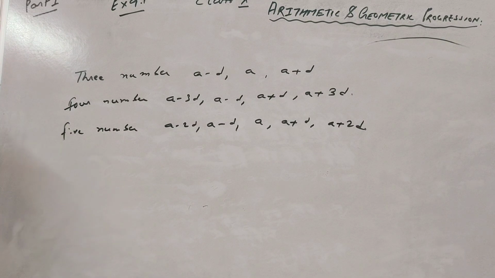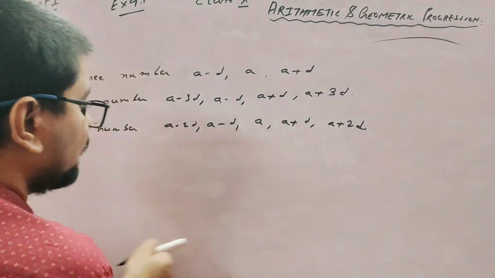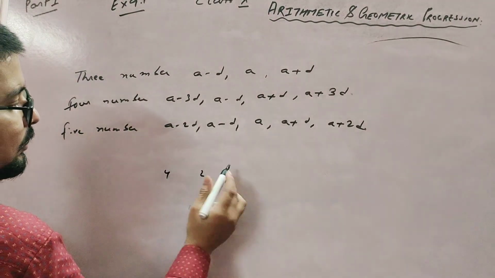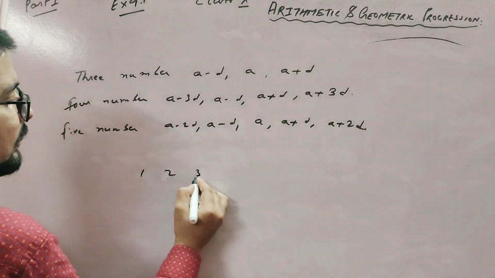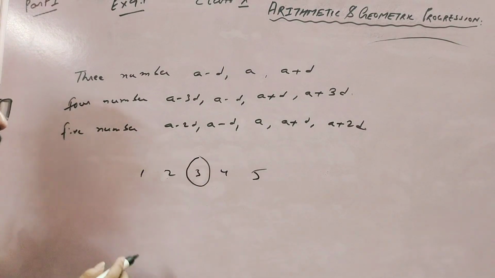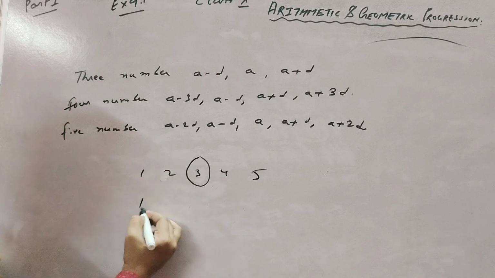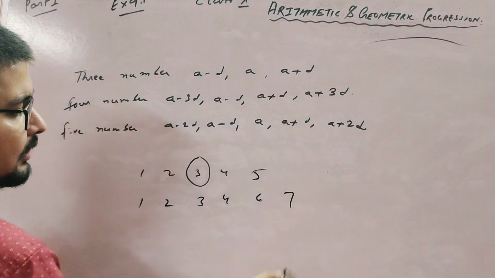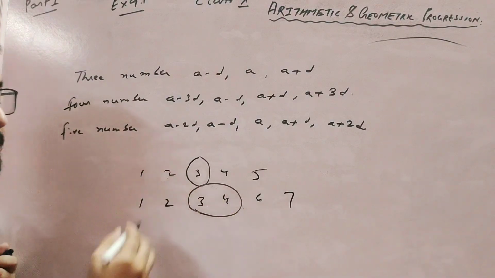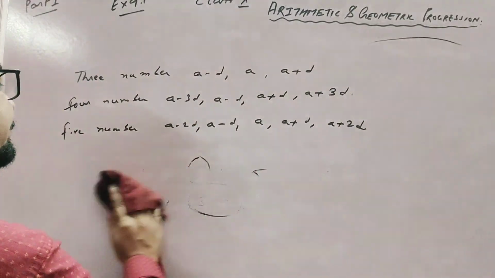Clear? Okay. And for the middle term, suppose there are five numbers: 1, 2, 3, 4, 5. In an odd number of terms, this is your middle number. In odd, you usually find this is the middle number. But in this question, these two numbers are your middle numbers. So for calculating the middle number in AP,